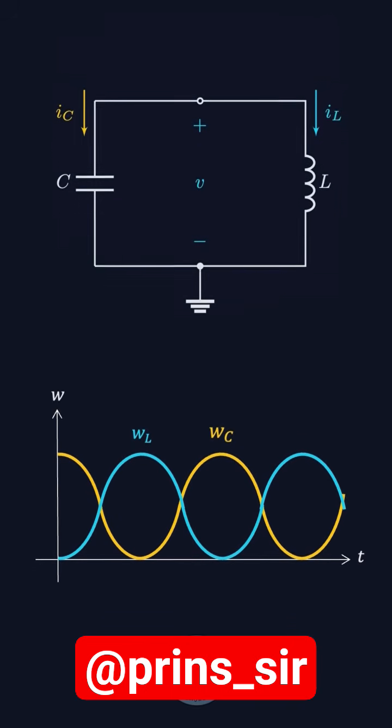Practically, though, we cannot have a circuit with absolutely no resistance, because a more practical model for a capacitor and an inductor would involve a resistive component, and so we cannot have a perfectly sinusoidal response. There will always be some damping, some loss in the amplitude. But now you know